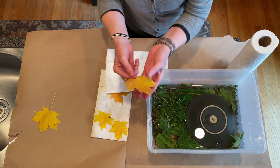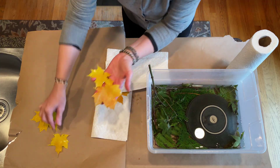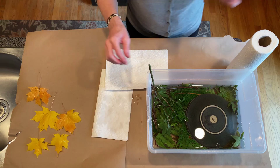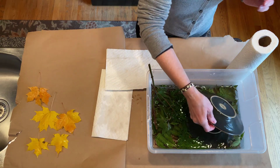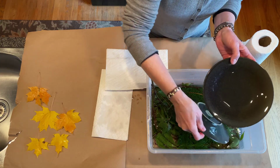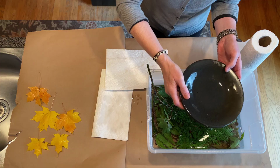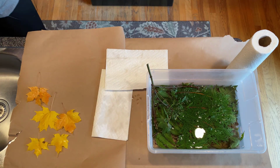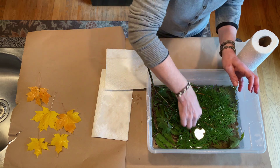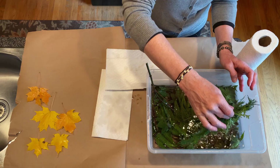And there you have what the maple leaves will look like. And I'll just set these over to the side here so that we can see what else I preserved the last time that I tried this. I also preserved some cedar branches because I think that they would make great wreaths, and I preserved some branches of some Japanese maple. So here is the cedar branch,